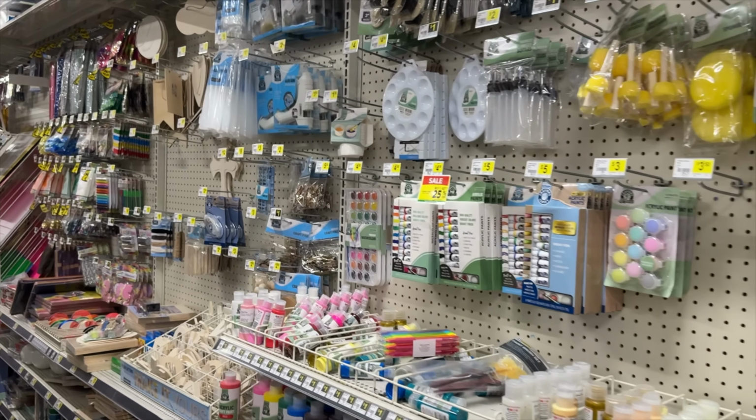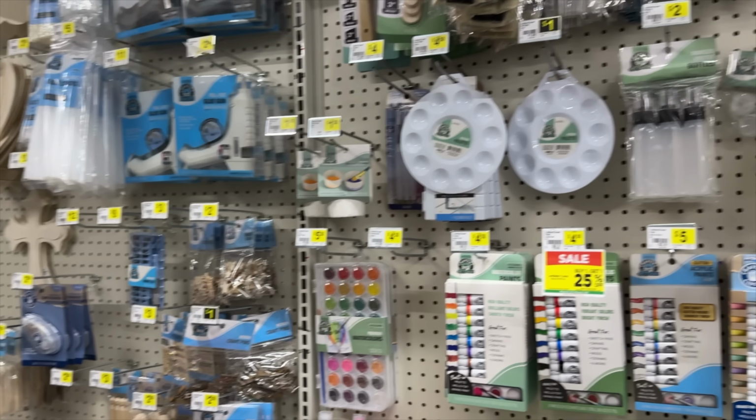No crochet stuff. Nothing. Well, that was a huge disappointment, but I'm not really surprised. This being the fourth Dollar General that I have gone to, I think this is the last one in my entire town. What I want to do now is go over to Dollar Tree